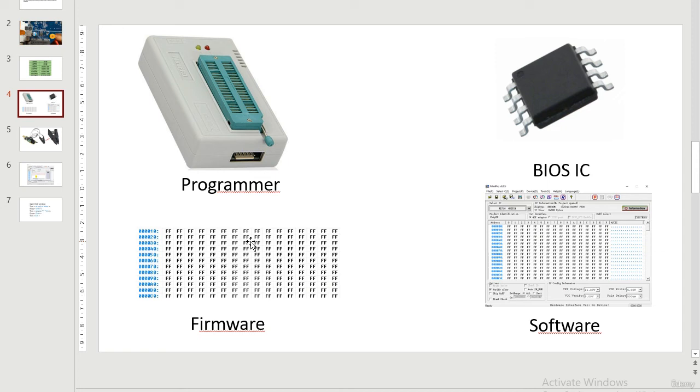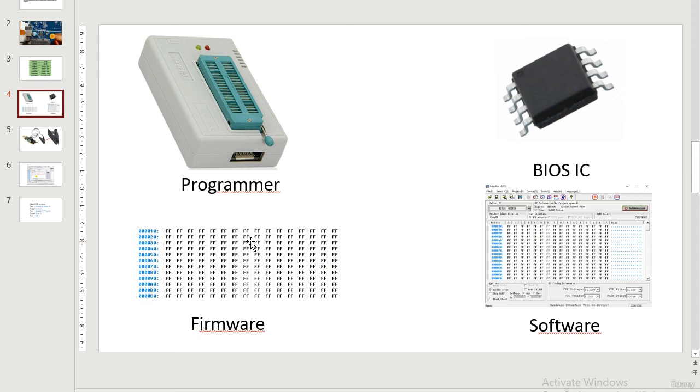So in this case, maybe you should buy the firmware somewhere on a website, or I taught you a trick that you can use to convert an executable file to a binary file, because an executable file always